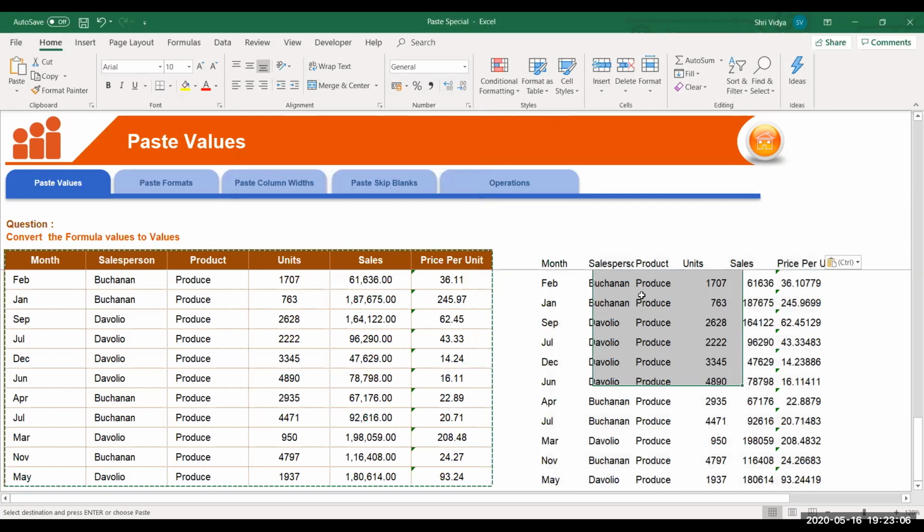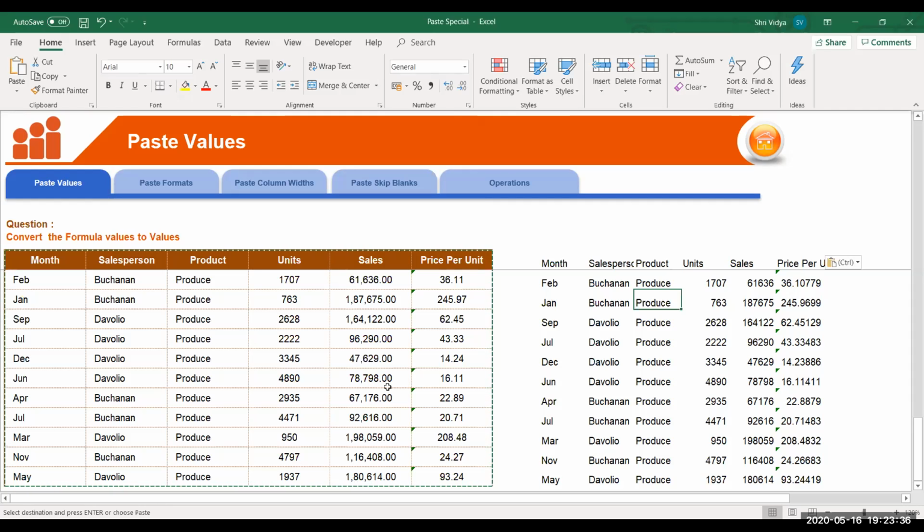So now the data which I have copied has got everything in it: formulas, values, cell borders, cell color, font color, alignment, number format, everything. The border, cell color, and font color are known as cell formats. Any beautification done to your cell is your cell format.